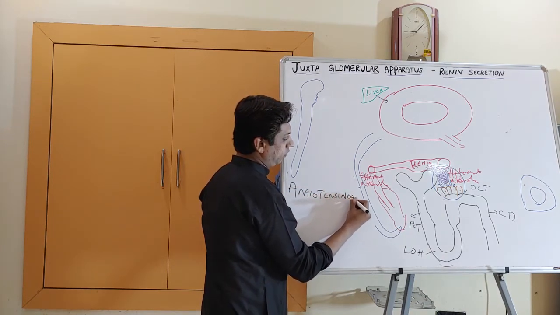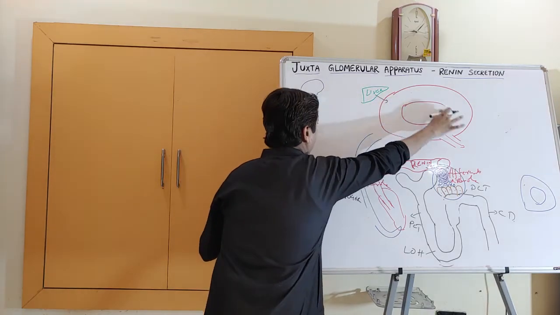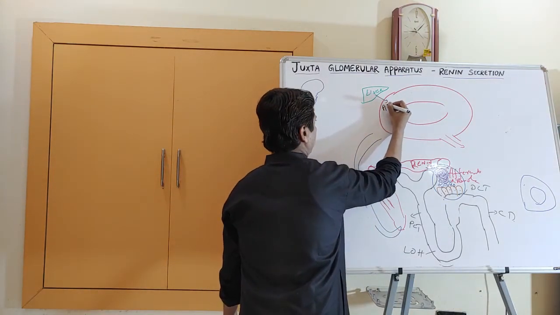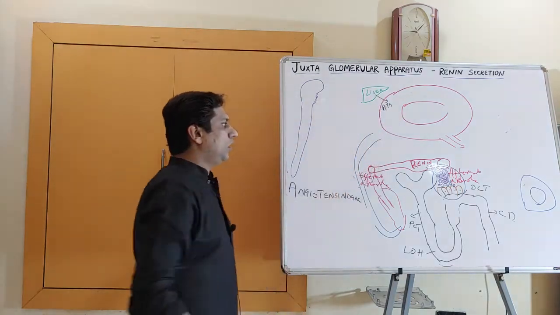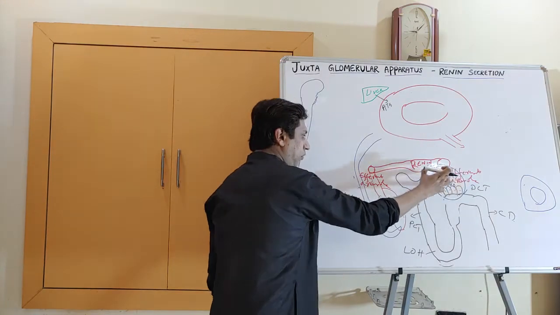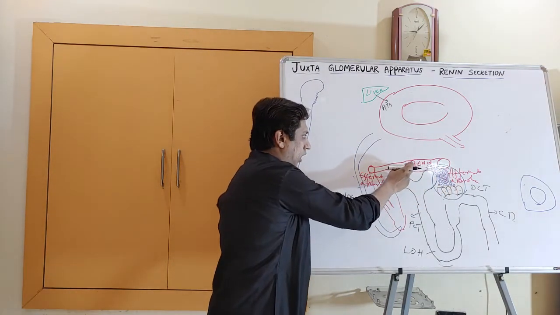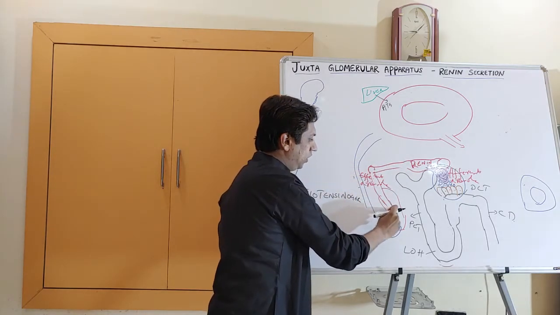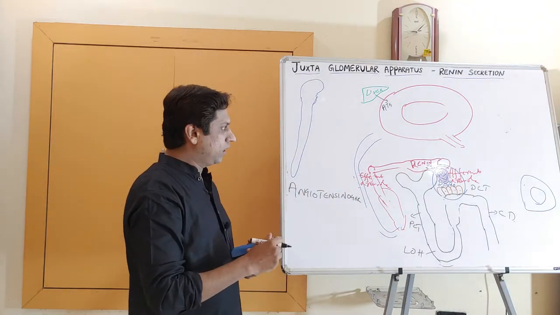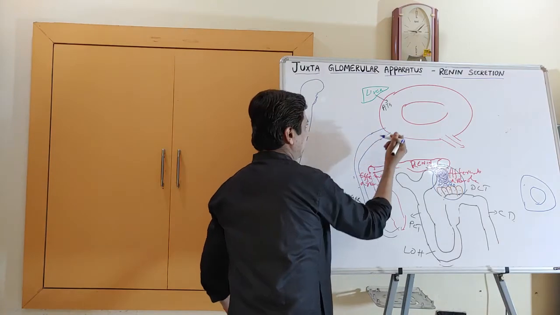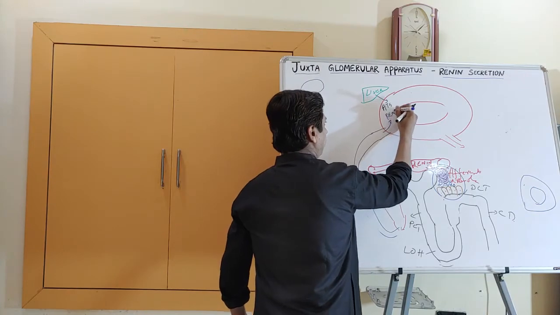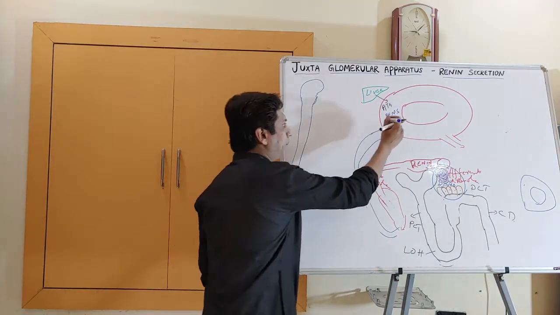It's an alpha globulin secreted from the liver into the blood circulation. So consider this as a circulatory pool, that is blood circulation. Angiotensinogen is secreted by the liver into the blood circulation. This renin, which is secreted by the juxtaglomerular apparatus, will enter the circulation through the afferent arteriole, enter the peritubular capillaries, then from the venous blood flow it will come back to the systemic circulation, and the renin will enter into the systemic circulation, that is in the blood vessels.